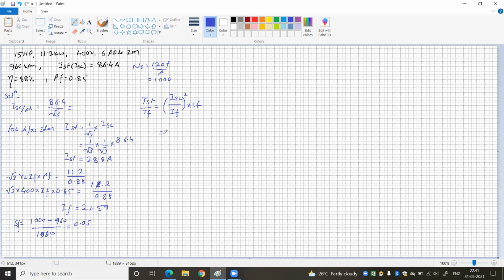So the current is 28.28 per phase, is the short circuit current, whereas full load current is